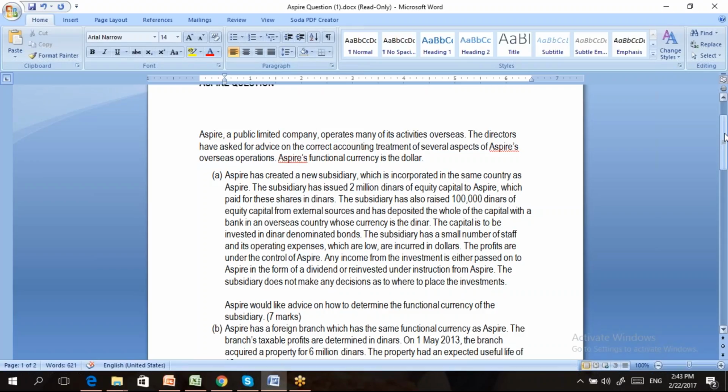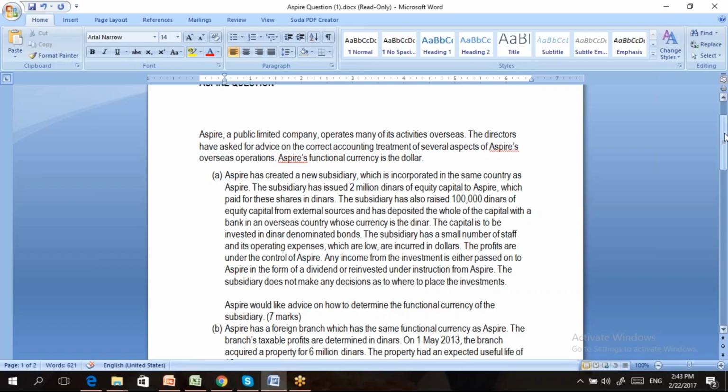The subsidiary has also raised 100,000 dinars of equity capital from an external source. So 2 million from the parent and another 100,000 from another party. They have raised 2.1 million